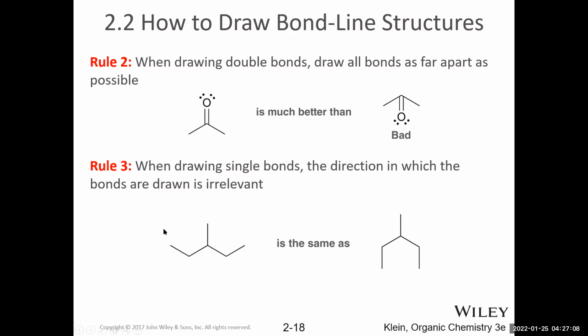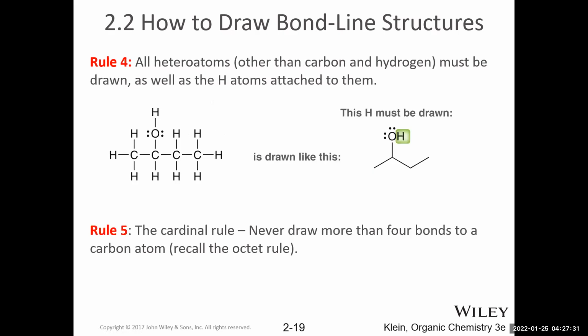So another way to do it is to count the carbons or label them with numbers. 1, 2, 3, 4, 5, where there's a branch at carbon number 3. That's the same here if I was to count 1, 2, 3, 4, 5 with one branch or one carbon at number 3. So just be careful that you're not thinking that they're different when they're actually the same, just drawn with a different bond rotation.